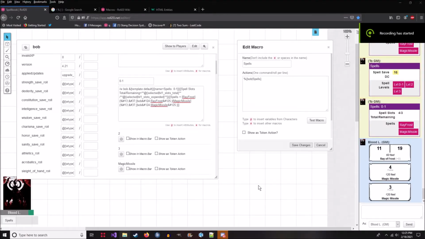Hello, ladies and gentlemen. I know that you've been requesting a step-by-step tutorial on how to create a Spellbook macro. It deals with macros within a macro within a macro. I actually just did it, but